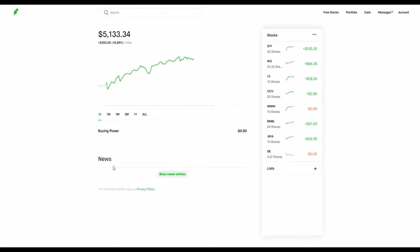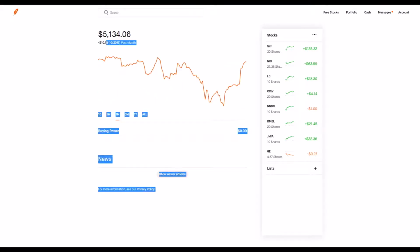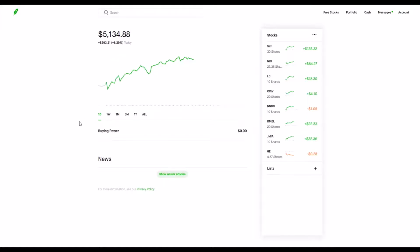Now, getting into it here, guys, I want to talk about each individual position I'm in and why I added those stocks to the account here. Now, over the week, I'm green as well, and over the month, you can see that we are basically at break even, and I was able to keep this client's account as up floating as I could over the last few days. Now, one of the main reasons why I was able to keep that account in the green